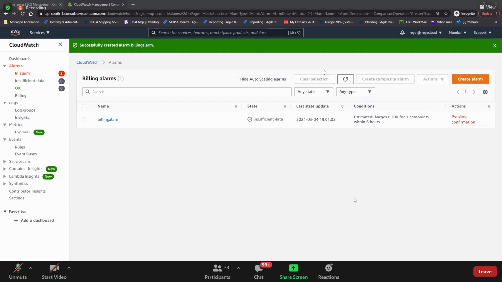Okay, so you can create your own alarm. Remember, guys, you should go and confirm your subscription, then only will you receive emails. If it shows pending confirmation, you don't receive any emails, but of course the alarm will act. So now if my charges are greater than 100 rupees, it will check every 6 hours and send you a notification saying you're crossing more than 100 rupees. Is it clear how to create a billing alarm, everyone?